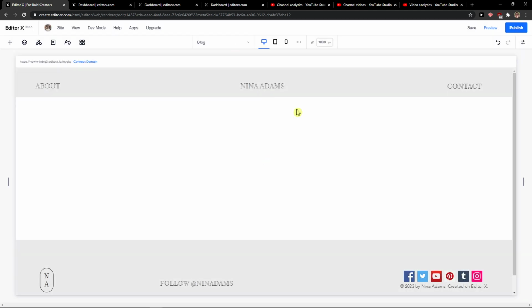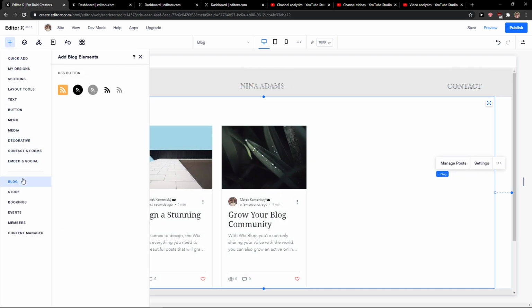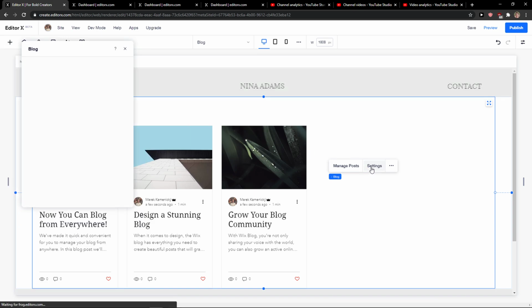And when you do it, we see the blog here. When you click on the blog, you can simply add an RSS button and everything. And now when we've got it, we can click on settings